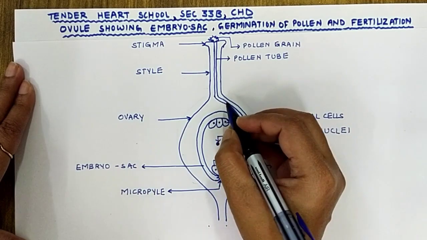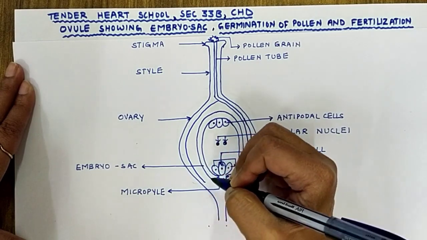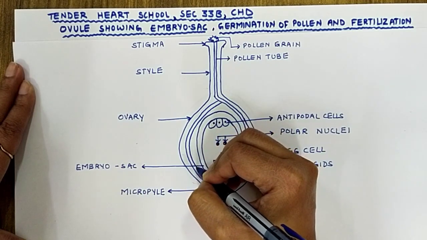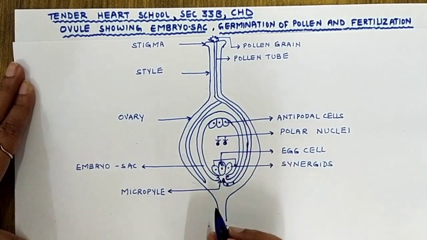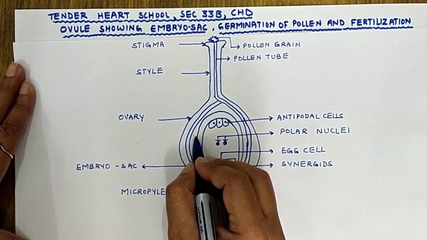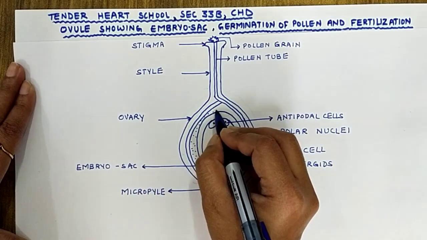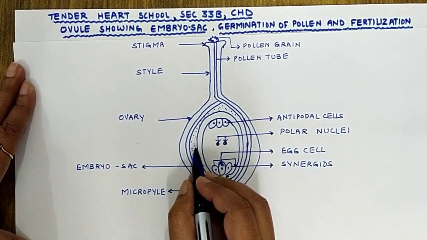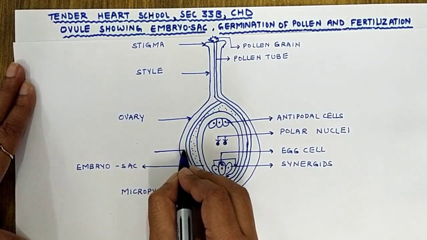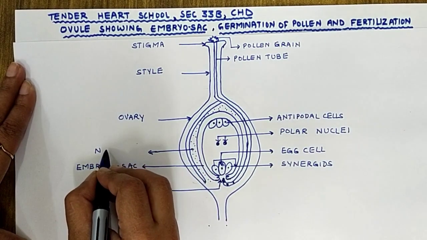Also I can show you here, this ovule is protected by protective coverings which are called the integuments. Inside the integuments we have food laden cells, because the growing embryo requires nourishment. So the ovule is covered by these food laden cells. These cells are called the nucellus.